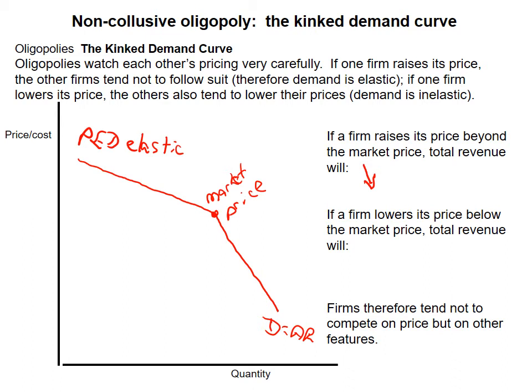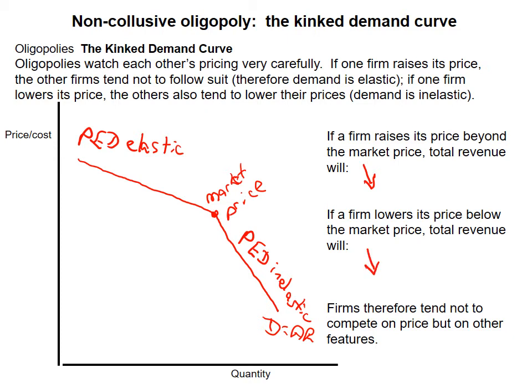However, if they decrease their price, it becomes quite steep here. So PED is inelastic. And so what happens if they lower their prices is that the other firms say, ha, you're not going to take our customers away, we're going to lower our price as well. And so you don't end up picking up a lot of extra customers. So with PED being inelastic, you drop the price, but you pick up proportionately fewer extra customers, because remember, law of demand, price and quantity demanded move in opposite directions. And so if you're lowering your price, but you're not really making a great difference in quantity demanded, then